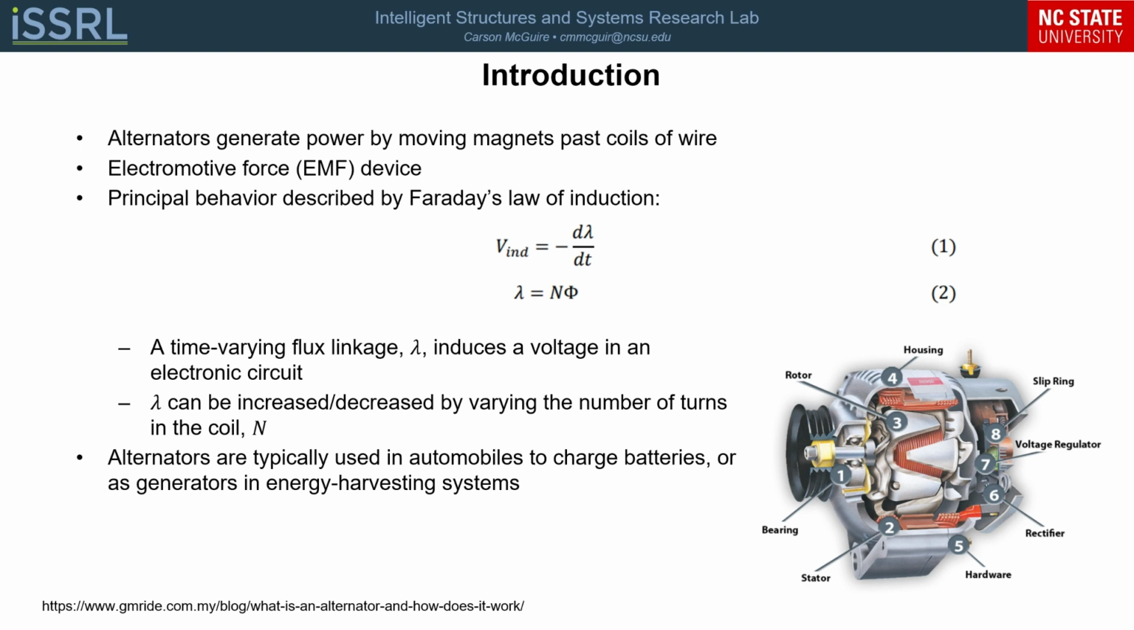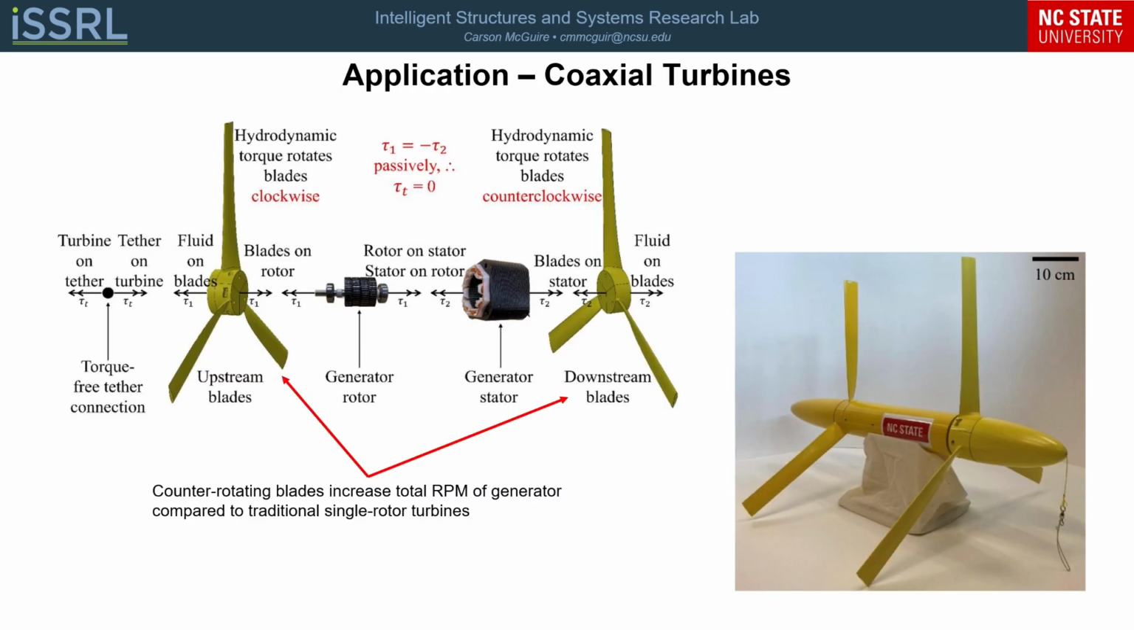Alternators are typically used in cars to charge the battery, or they could also be used as generators in energy harvesting systems. One such energy harvesting system is a coaxial turbine, which is a type of marine hydrokinetic energy harvesting system. Coaxial turbines feature counter-rotating blades, which increases the total RPM of the generator compared to single-rotor turbines, thereby improving their